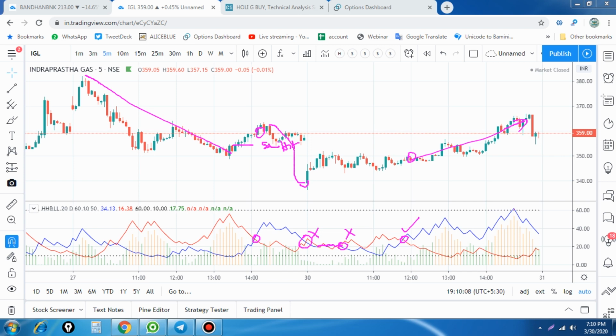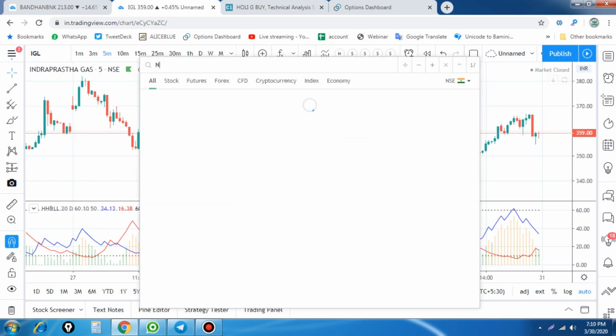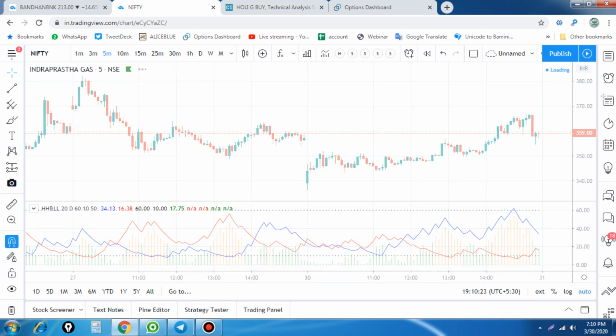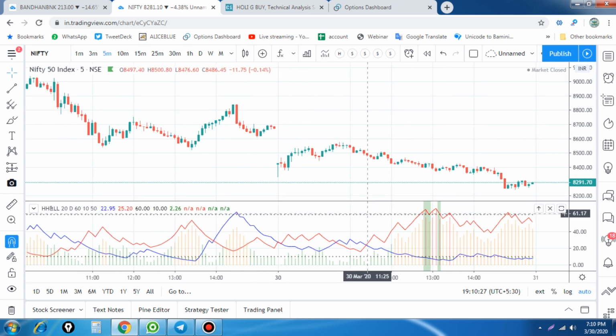So you have to understand the probability of winning the trades. Once you understand that logic, you can easily use this indicator to make a good amount of money on an intraday basis. For example, if you take Nifty, I see the Nifty. Today it gives me a sell signal around 848 and 290. So almost 200 points down in the single sell entry from the Nifty.